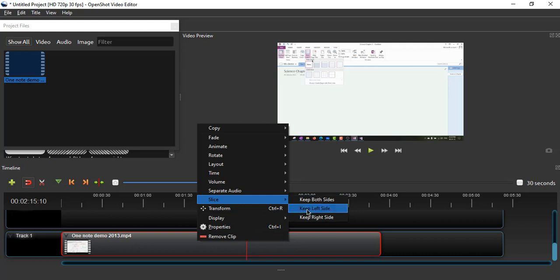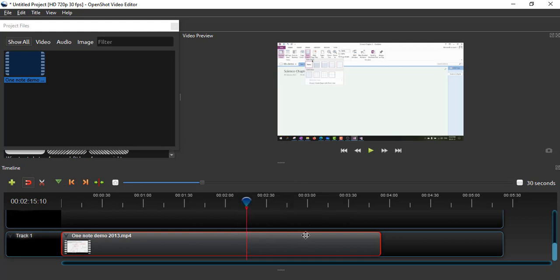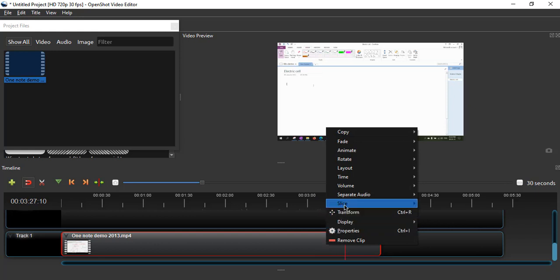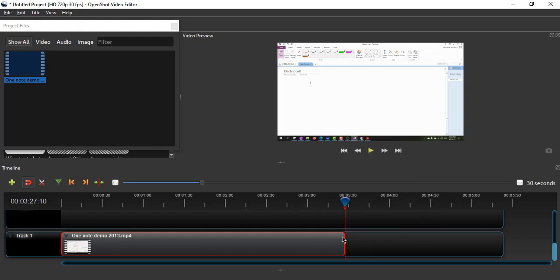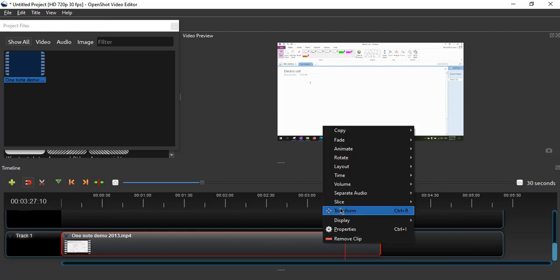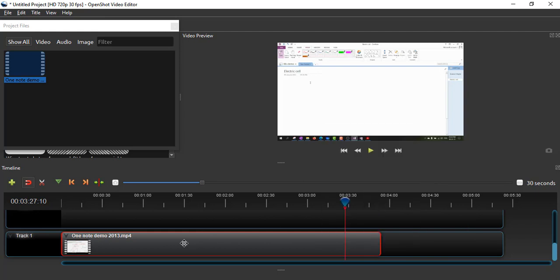If you keep left, the left side will be kept and the right side will be deleted. Let's say I want to remove the right side portion of this file at the end. Just go there, place it there, and right click. On the slice button, we want to keep the left-hand side portion, not the right side, so keep left, and the right side will be deleted. Like this, I'm undoing it, Control Z. So these are some basic uses of how you can edit the start and end of the video lecture.